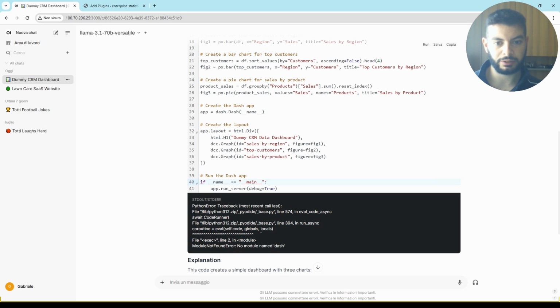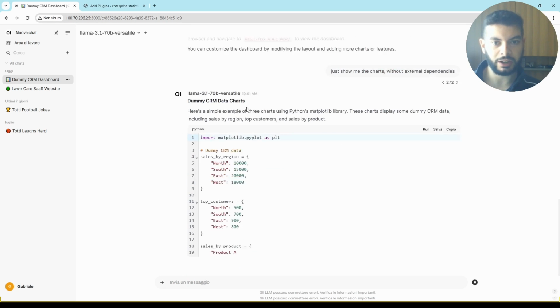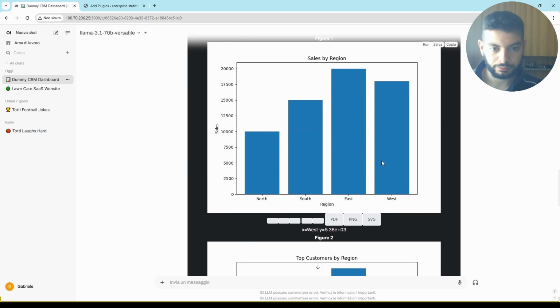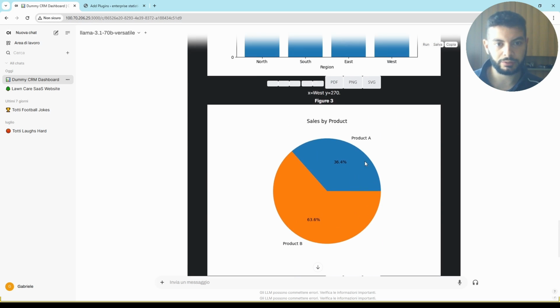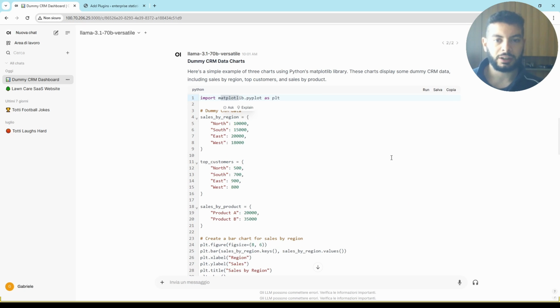In fact, you see that we have some problems. But if we say, let's change it like that, because otherwise I can still run it, and this should work. Okay, so you see that we have some charts. And mind that I executed this without paying for GPT-4.